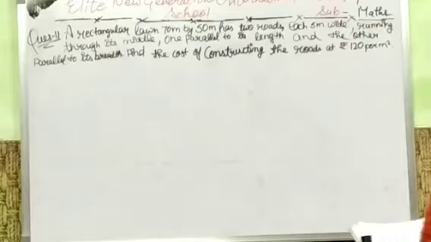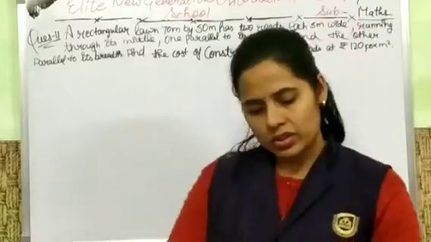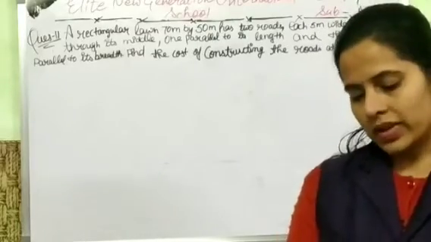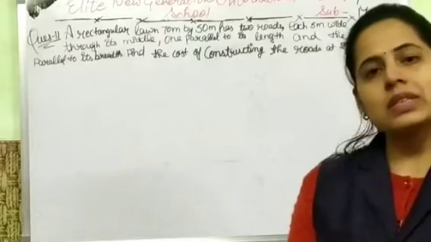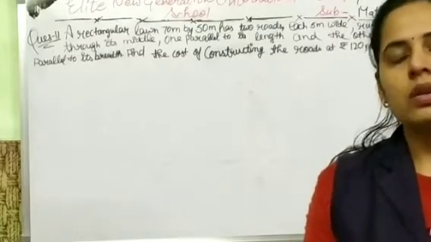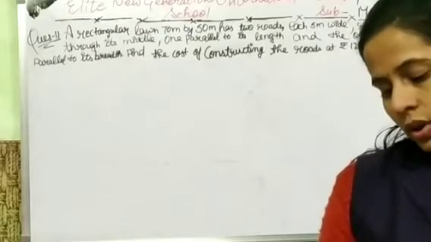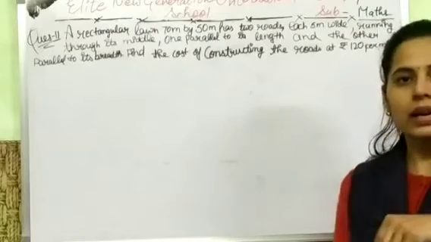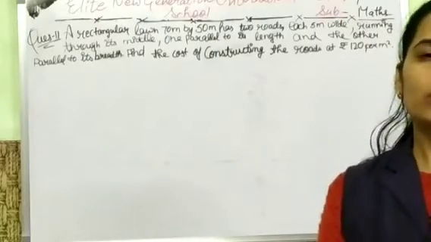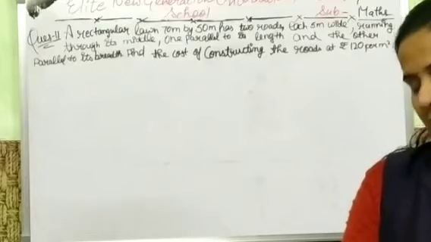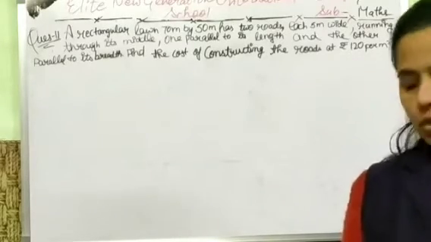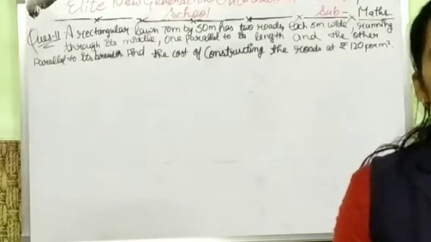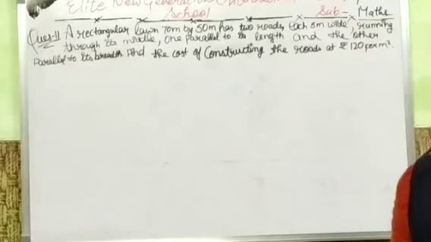So like question number 1 and question number 4, you can easily solve the remaining questions from question number 1 to question number 10. These questions are similar, but some questions are given in the shape of a rectangle or some in the shape of a square. If the plot is given in the shape of a rectangle, make a figure of a rectangle, and when it's a square, first make a figure of a square. You already know that the area of a rectangle is length into breadth and the area of a square is side into side. So you have to apply the formula.